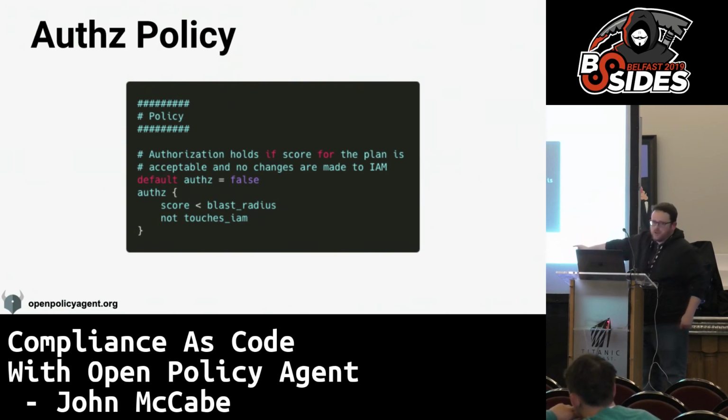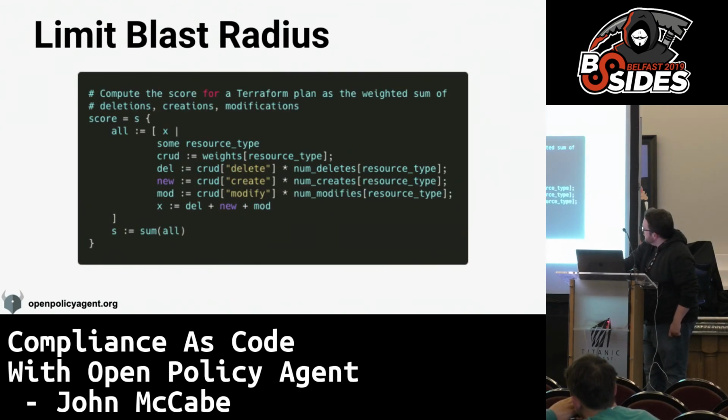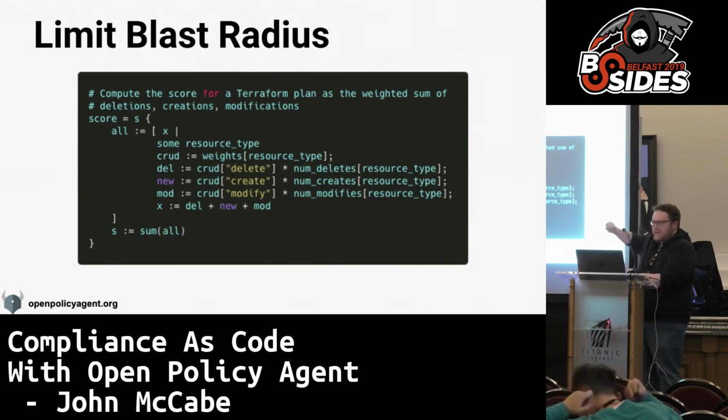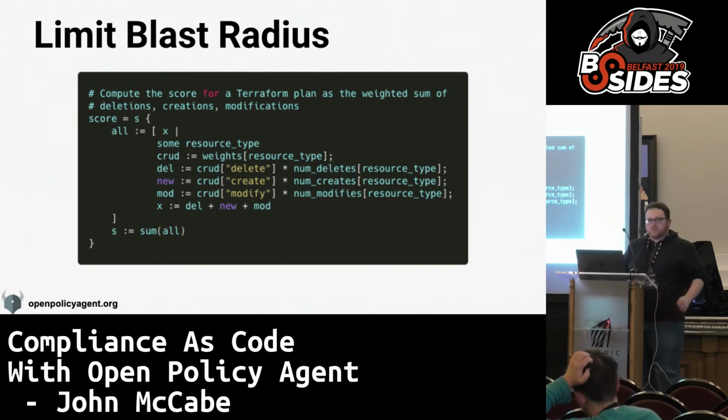And we also have another rule that you can't touch the IAM, so you can't change your IAM config when you do this. The blast radius score is basically just another function, another rule, running through and aggregating all the resources in the object. This is a little bit more complicated. It makes sense after you've played around with OPA a little bit, but ultimately what this is doing is